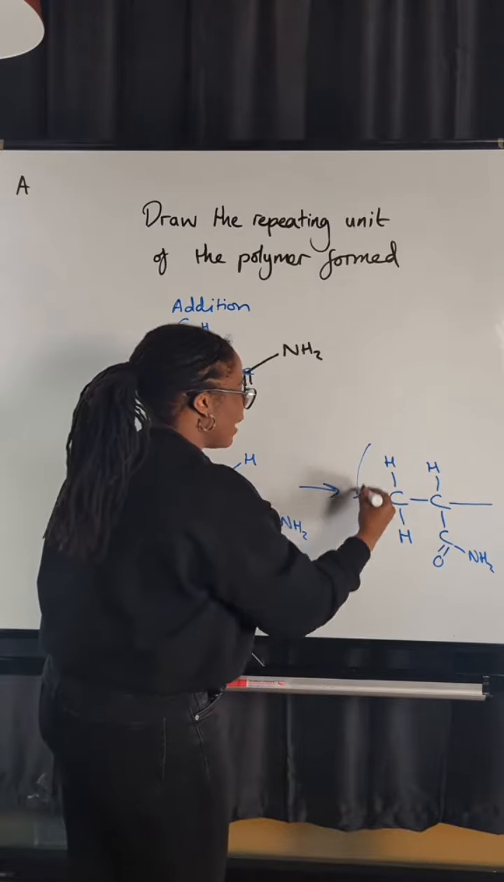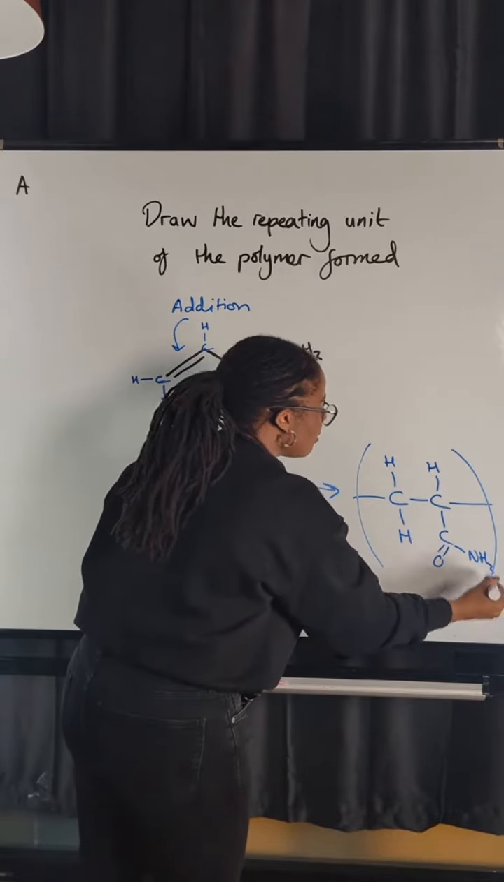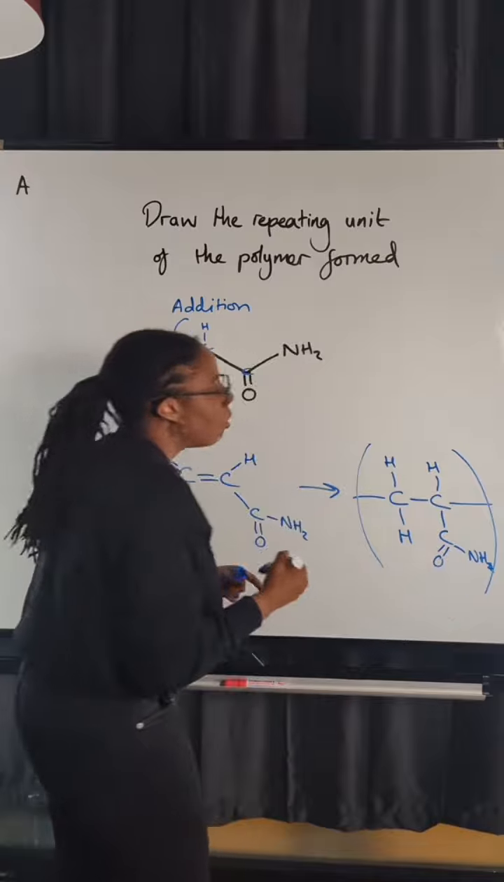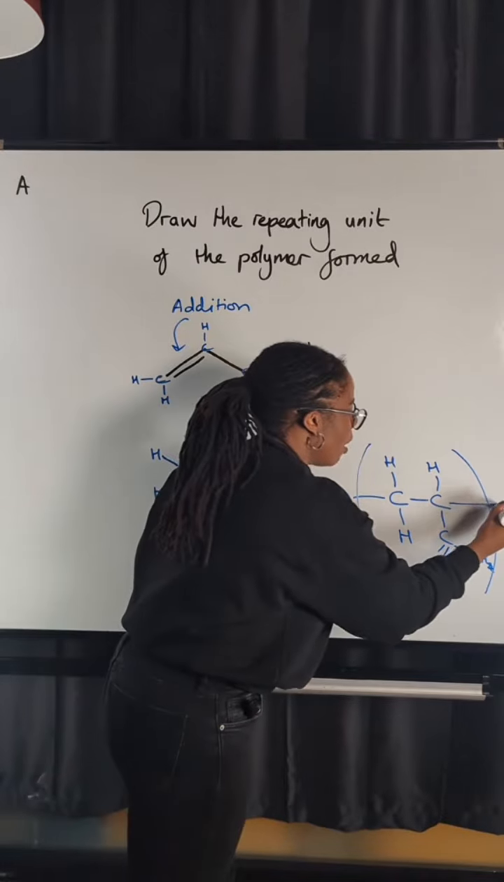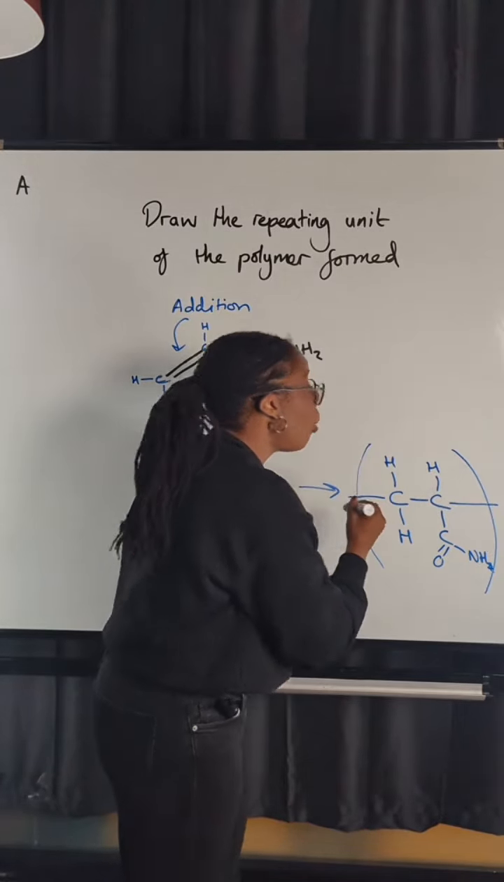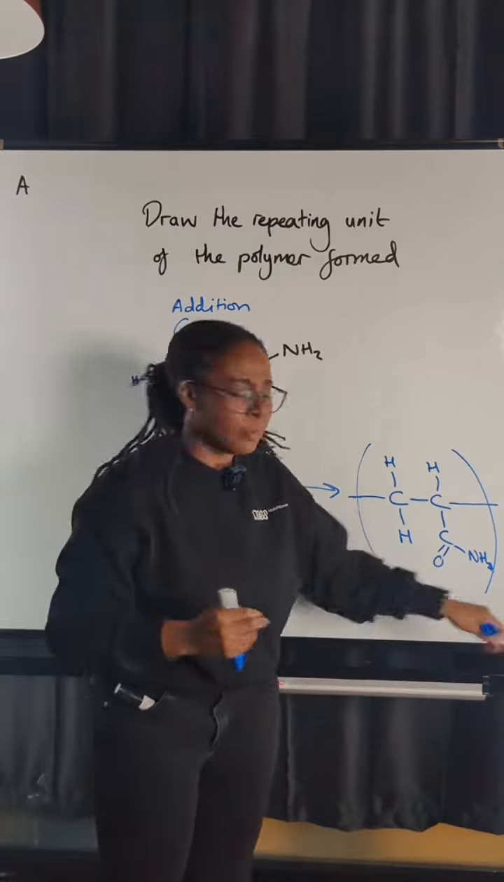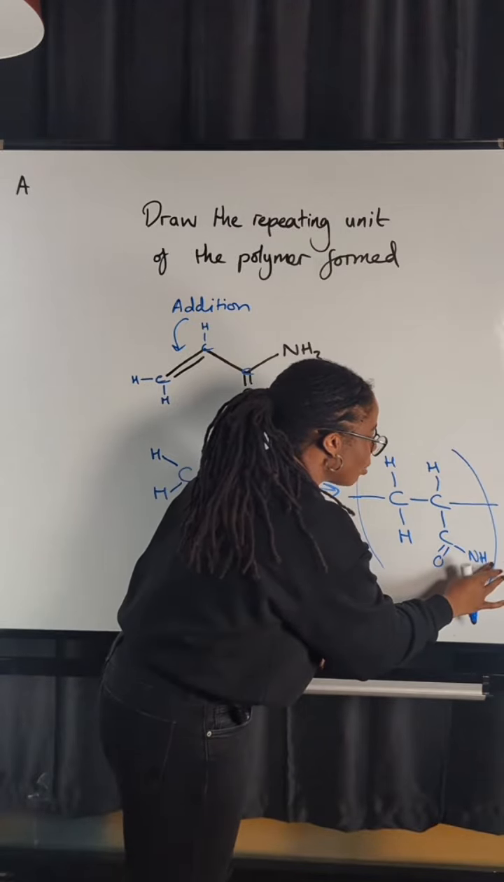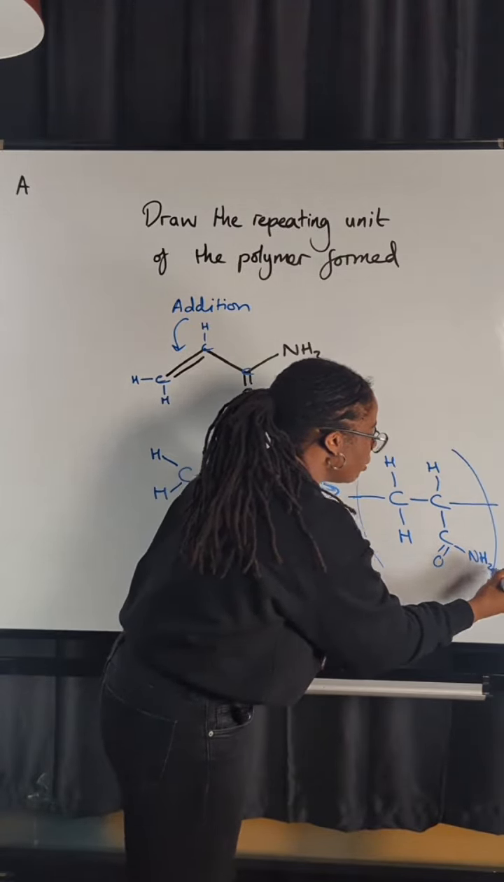We can put the brackets here if we like. In your mark schemes, you'll notice it will say ignore brackets. Because if we were drawing the polymer where we needed the brackets and the n, then that's what really matters. For just the repeat unit, technically